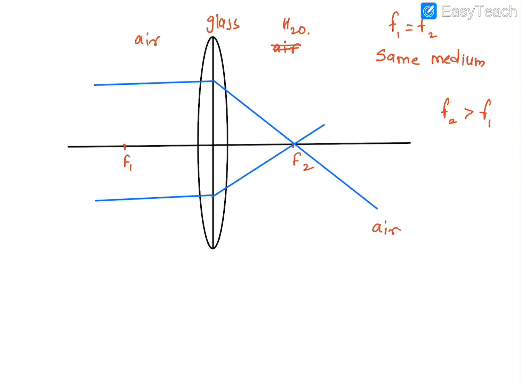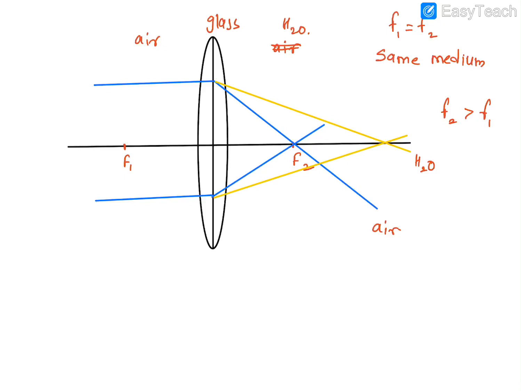But now if it was water, what we notice, now the light rays, they are not going to meet at the same place. See what's going to happen now when you're using water, the same light rays here, they are going to go and meet further. So you can see that your focal length is what? Increased. So this is what will happen when you are placing water on the right side of the lens.